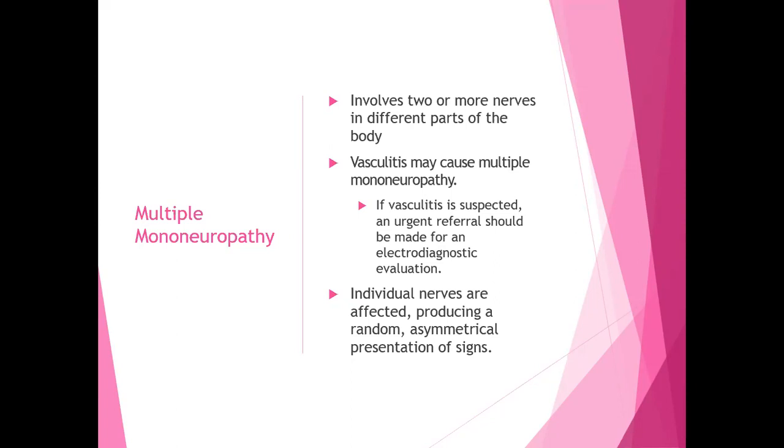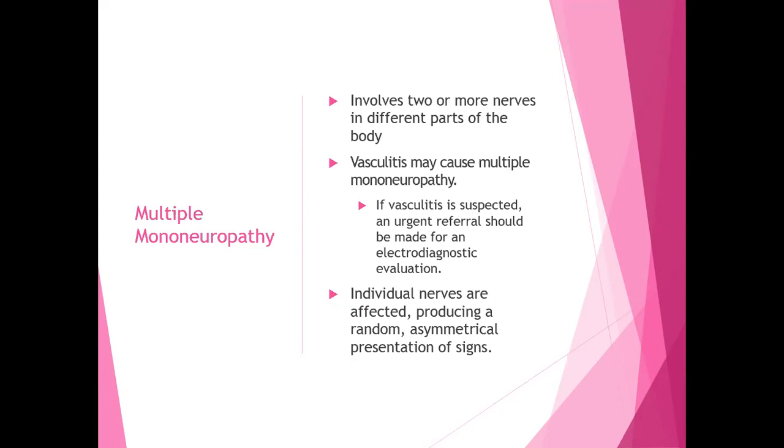So it can be a metabolic issue like diabetes or vasculitis, which is inflammation of the blood vessels, causing ischemia of the nerves. Vasculitis causes multiple mononeuropathies by restricting blood flow or by weakening the vessel walls. So it can be that, or it could be a traumatic injury, but individual nerves are affected,